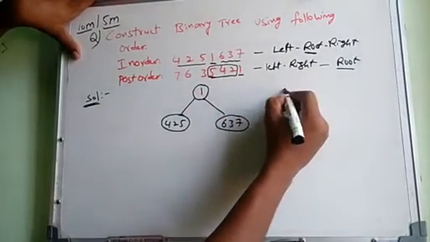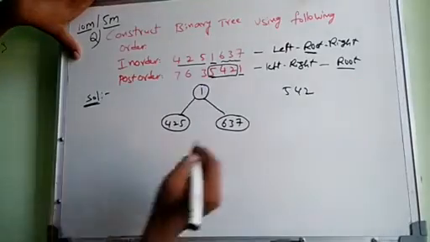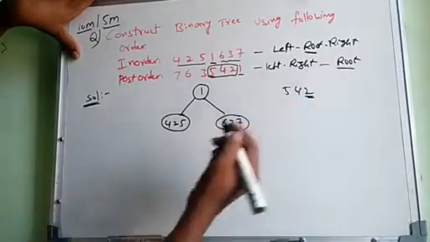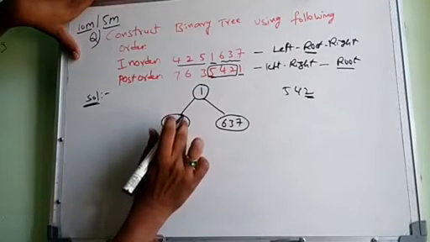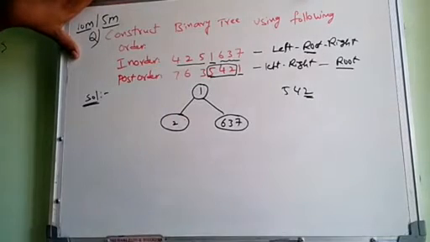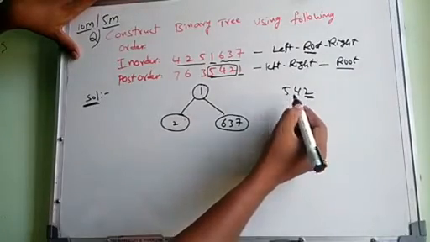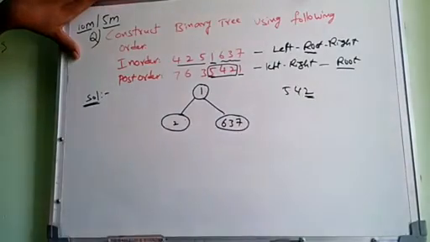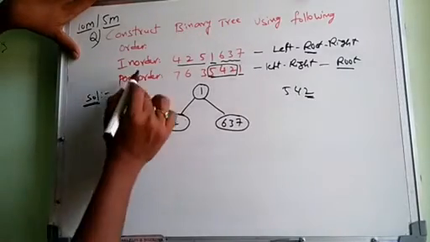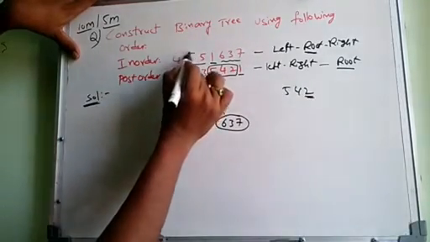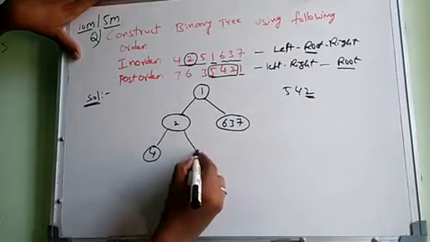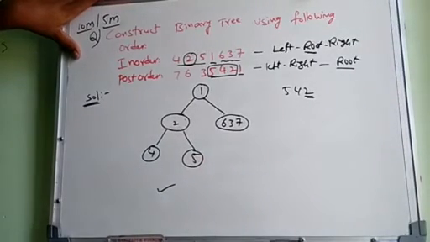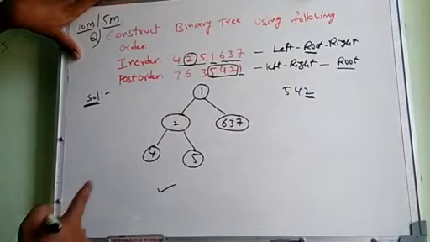So then find the post-order: 5 4 2. So where is the root placed? The root is placed last. So from these 4, 5, 2 acts as the root. Then you have to decide whether 5 is the left or 4 is the left, or 5 is the right or 4 is the right. To find that, go to the in-order position, where 2 is found. 4 is the left of 2 and 5 is the right of 2. Is this clear? So the leftmost is clear, each node having only one element.